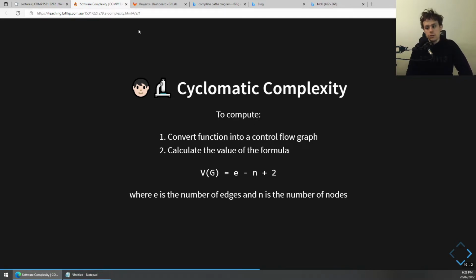There's a formula we use to calculate the cyclomatic complexity, which is E minus N plus 2, where E is the number of edges and N is the number of nodes. Now, what the hell is that? Well, what we're going to do is take our code and represent it as a diagram, or what you'd call in discrete mathematics a graph,